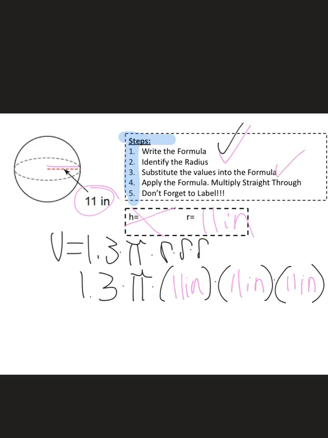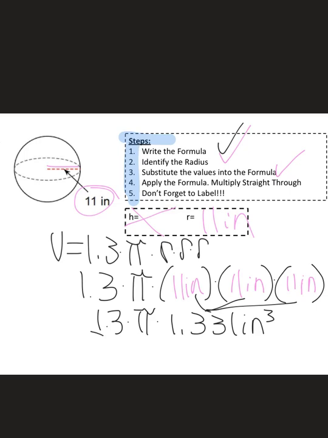Now we need to move on to step 4, which is apply the formula and multiply all the way straight through. So if we do 11 times 11 times 11 inches, it's going to give us a total of 1,331 inches cubed, because we multiplied inches 3 times. Now I'm going to bring down 1.3 times pi times 1,331 inches. I multiply all of this together, and it's going to give me a total volume of